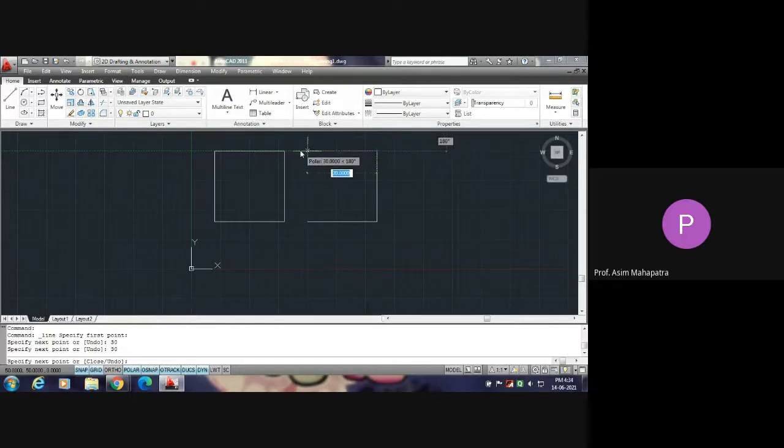My cursor is in horizontal position to the left of this point. I have put the cursor at the left with inclination horizontal. At this condition I am typing 30 and enter. So the third line has been taken. Then close the figure. See enter.